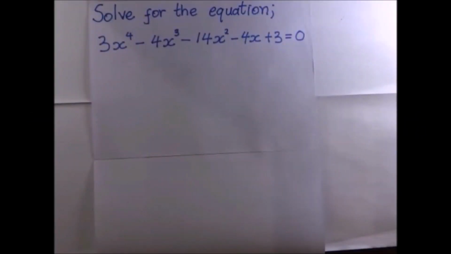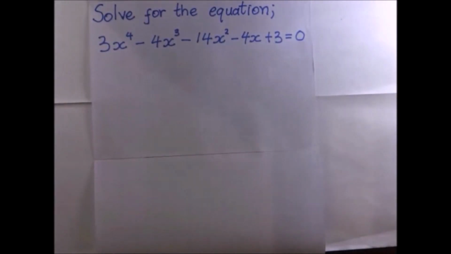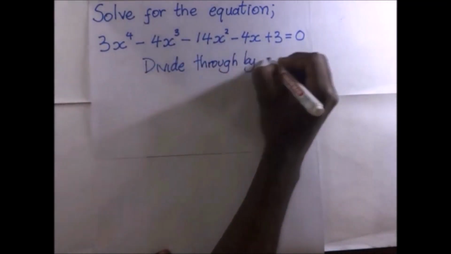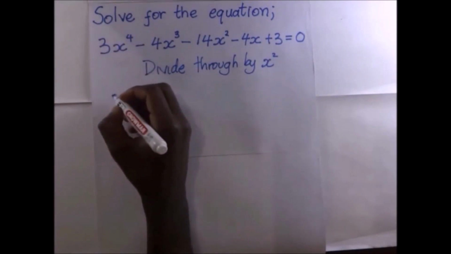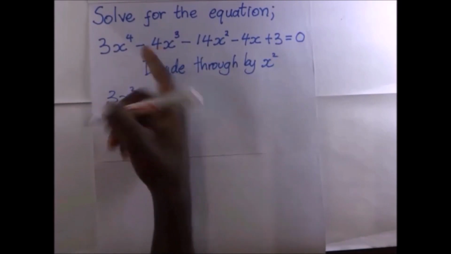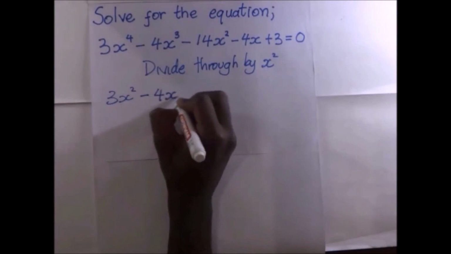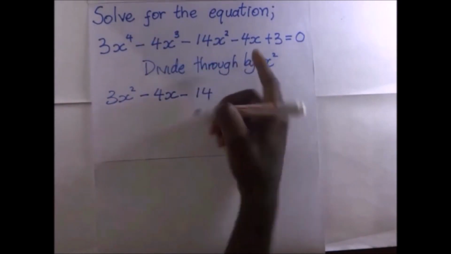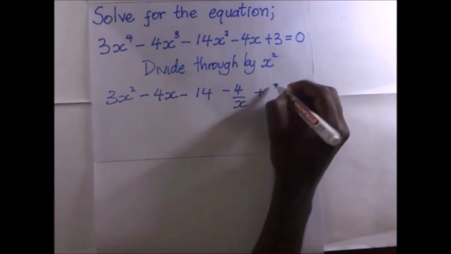We have here yet another equation that has got symmetrical coefficients. Just like we did in our previous video, we are going to divide through by x squared. We divide through by x squared and we get a new expression. It's going to become 3x to the power of 4 divided by x squared is going to give us 3x squared, minus 4x cubed divided by x squared is going to give us 4x, minus 14, minus 4 over x, plus 3 over x squared